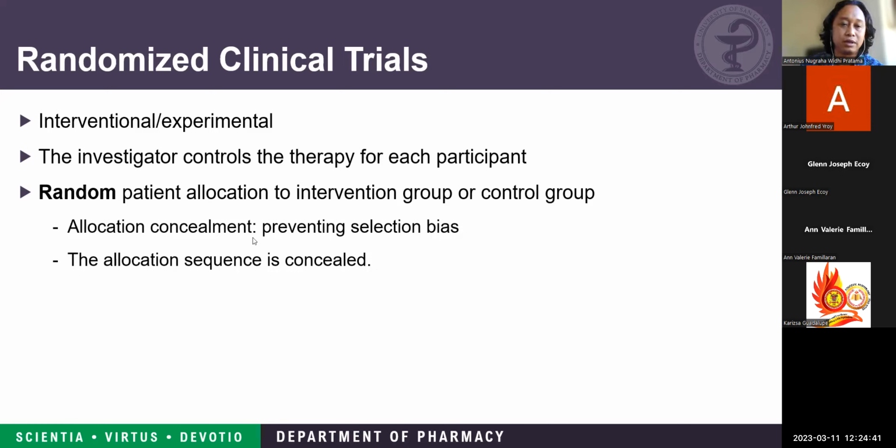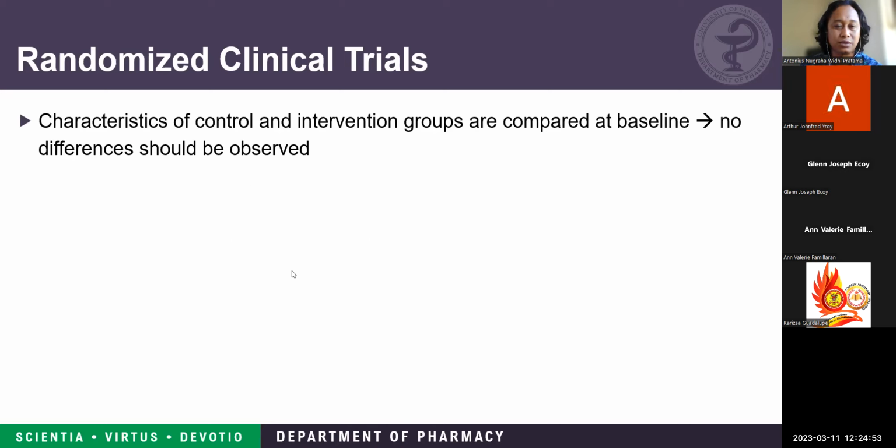And then there is an allocation concealment to prevent the selection bias. And then the allocation sequence is concealed. And then in the beginning of the study, or we call it the baseline,